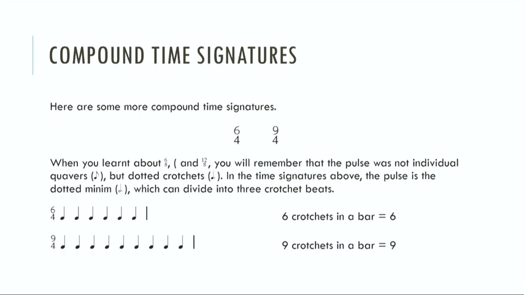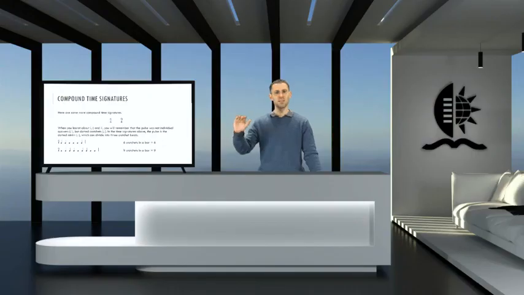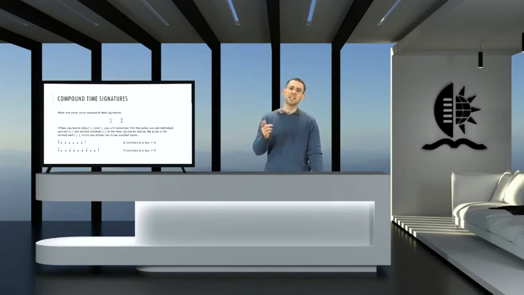So, before, when we were dealing with 6/8 and 9/8, the pulses were dotted crotchets. Now, we are dealing with dotted minim pulses. Okay, usually, these time signatures are used for very fast music. So in this case, 1, 2, 3, 4, 5, 6, 1, 2, 3, 4, 5, 6, or 1, 2, 3, 4, 5, 6, 7, 8, 9, 1, 2, 3, 4, 5, 6, 7, 8, 9. There, each dotted minim divides into 3 crotchets. So it's basically a larger version of 6/8 or 9/8. They work in a very similar way.